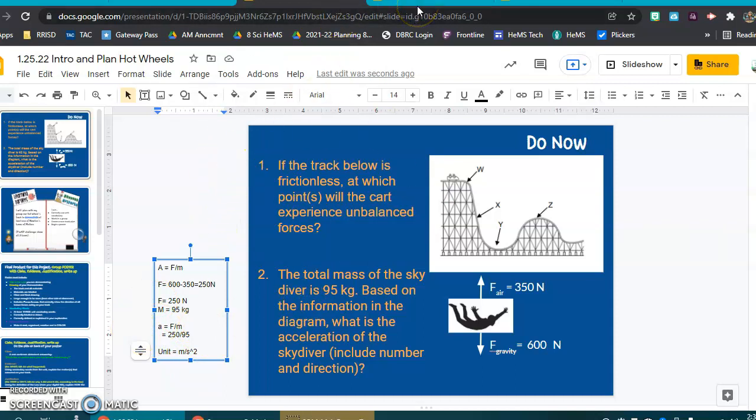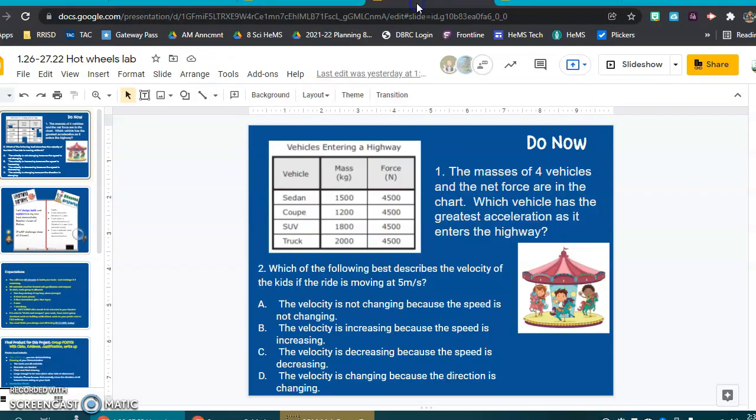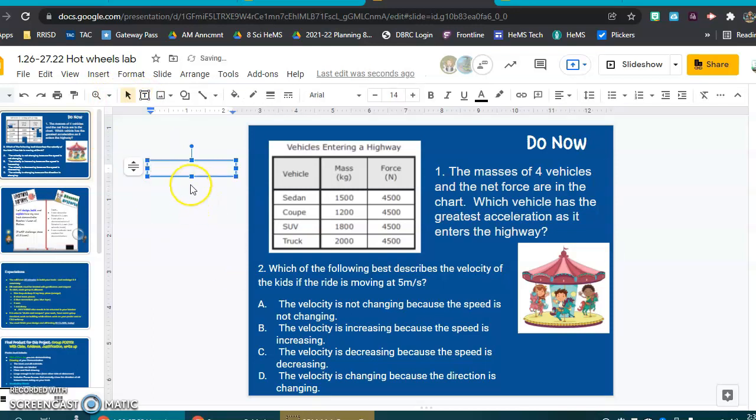Now, for Wednesday or Thursday, depending on which block day you had, here's the mass of 4 vehicles and the net force is on the chart. So I already have force and mass. Which vehicle has the greatest acceleration as it enters the highway? So you're going to have to take each one of these, force divided by mass. So add another text box in here,